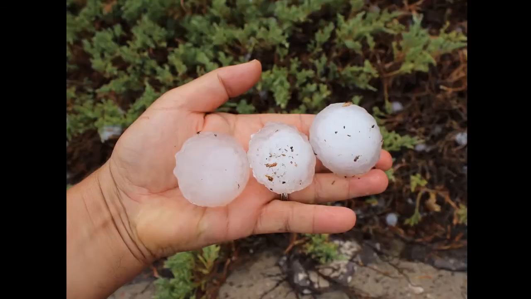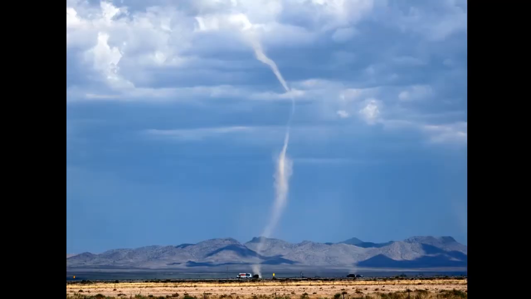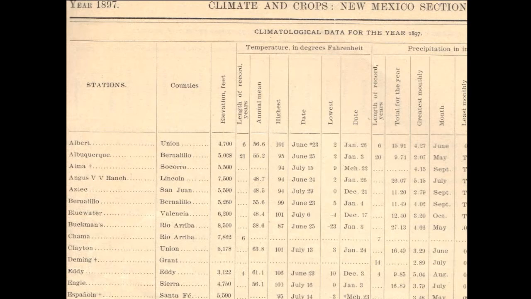Occasionally we'll get some days with severe weather. Here's an example of some nice golf ball size hail that fell in Las Cruces a few years ago. And this is common when we get the monsoon. Some days are rain, some days are not. Occasionally we'll see some funny clouds like these during the summer. So how does all that data help us answer that question?